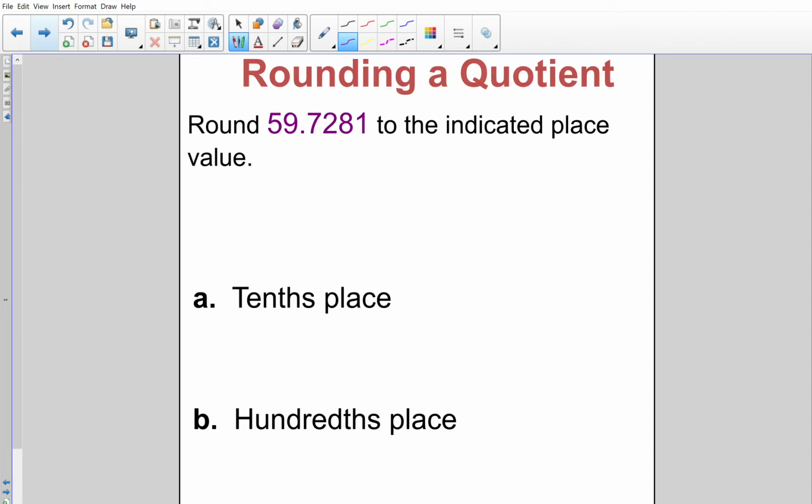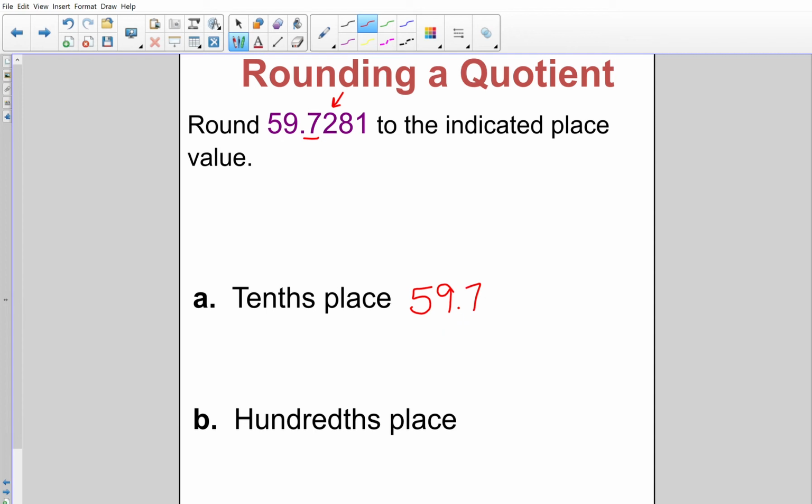Okay, so let's talk about rounding. When I'm rounding this, I'm going to round to the indicated place value. I've got the tens place and the hundreds place. In this one, the tens place would be the 7, so I'm looking at the 2. So this would become